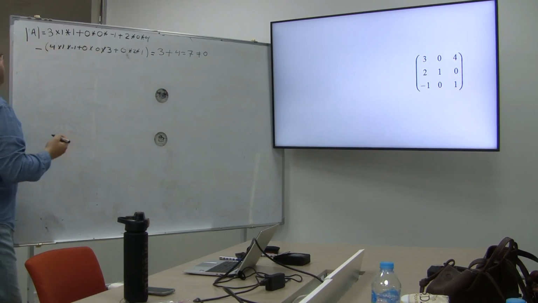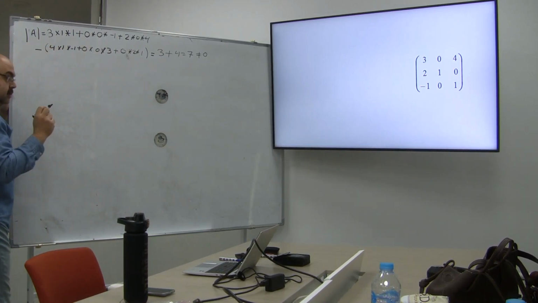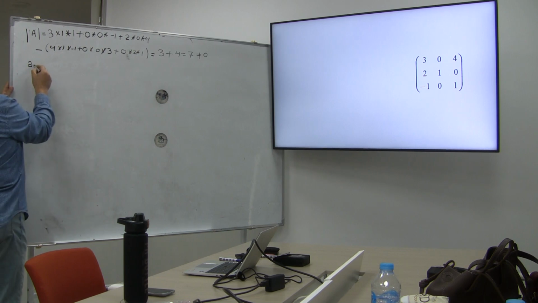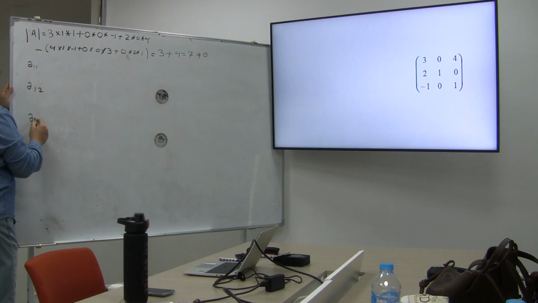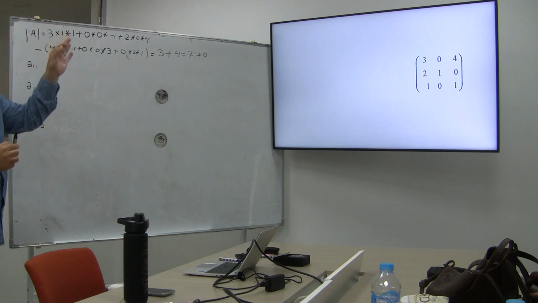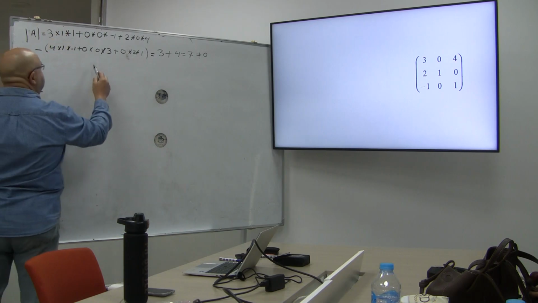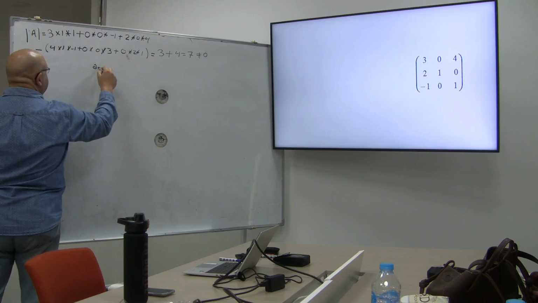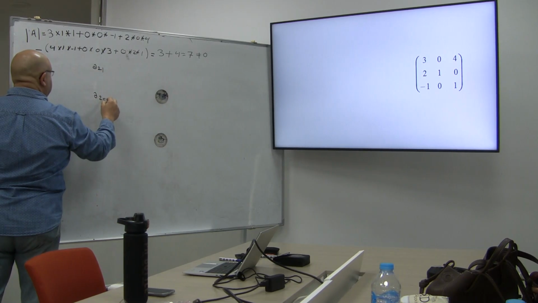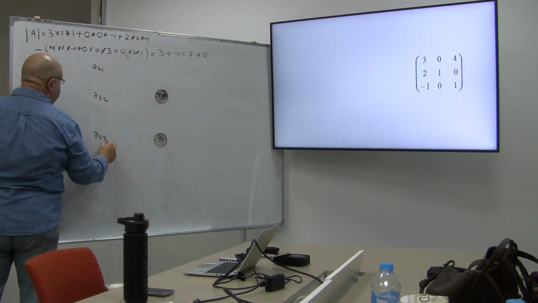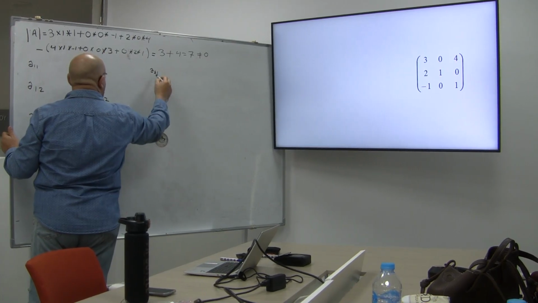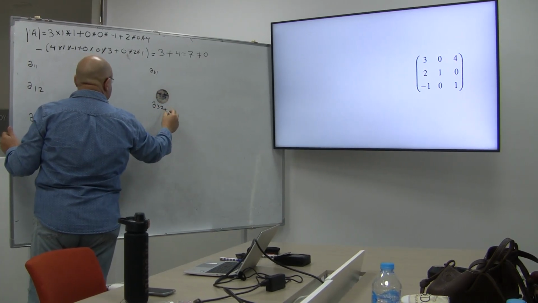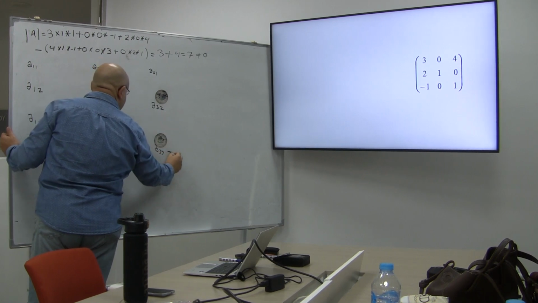I will start by getting the cofactors. I will start with A11, then A12, then A13, which are elements of a row, but it is written in a column. I will start with the second row, which is A21, A22, A23. Then I will get the elements of the third row, which are A31, A32, and A33, equal to,